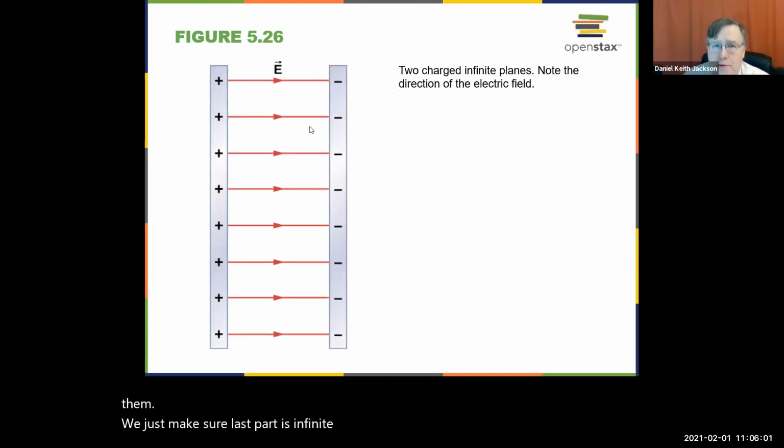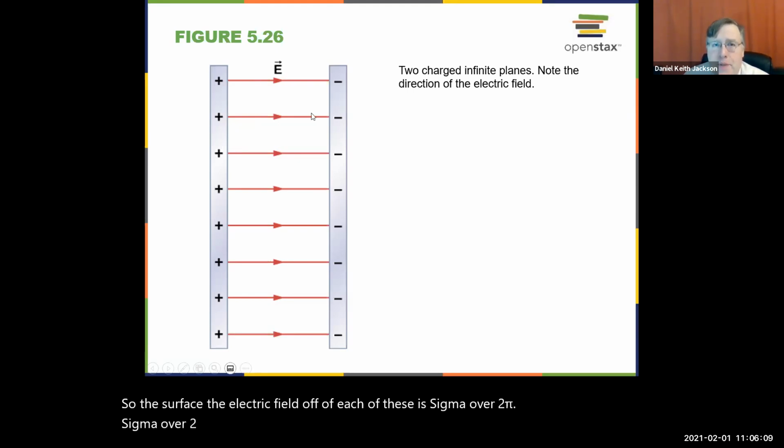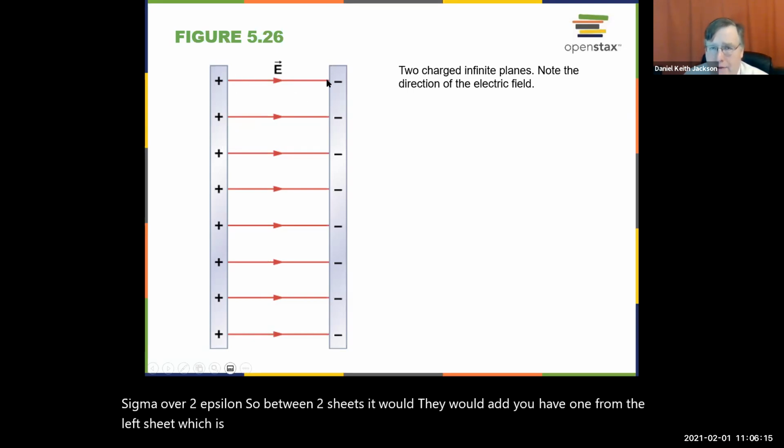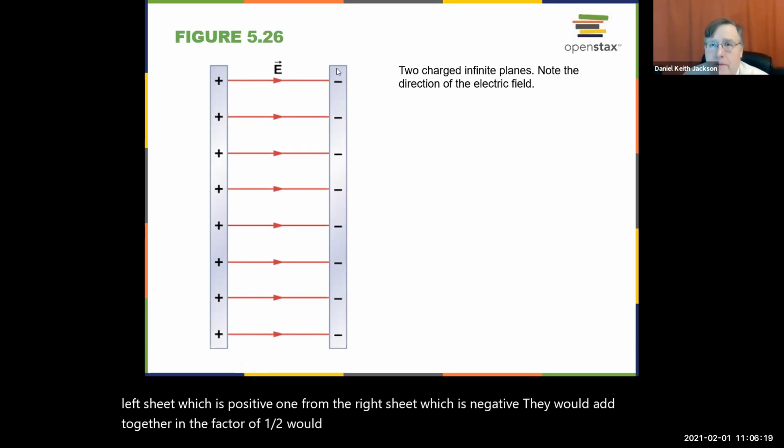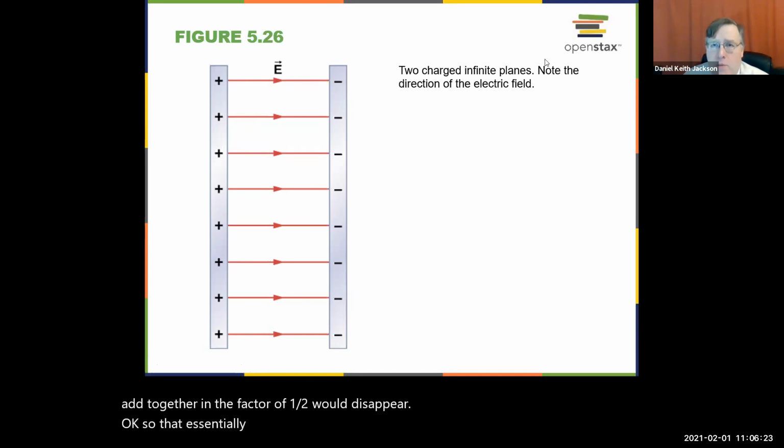The electric field off of each of these is sigma over 2 epsilon. So between two sheets, they would add. You'd have one from the left sheet, which is positive, and one from the right sheet, which is negative. They would add together and the factor of 1/2 would disappear. Okay, so that essentially ends chapter 5 and what I need to introduce you to for chapter